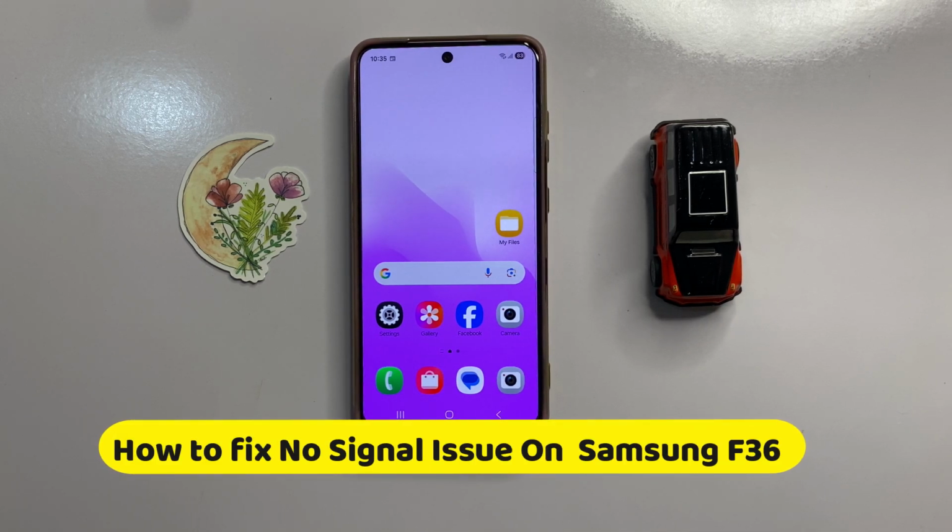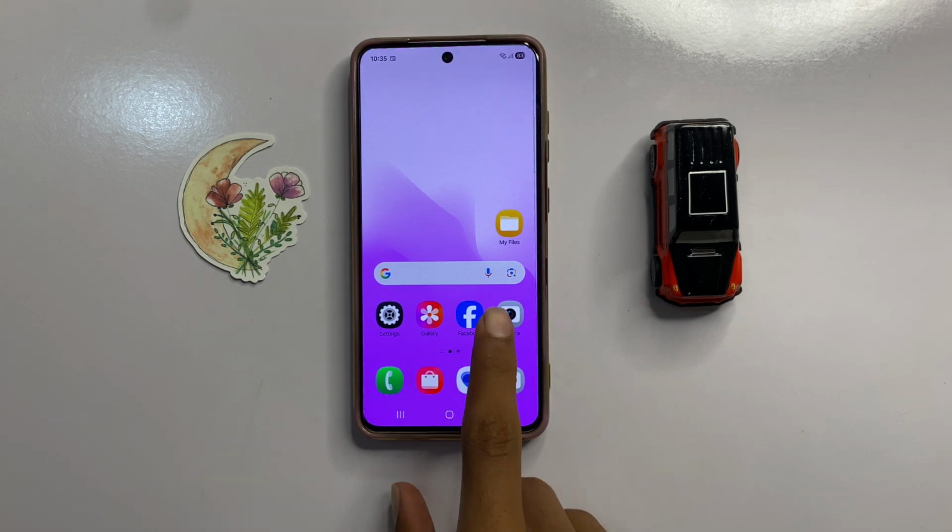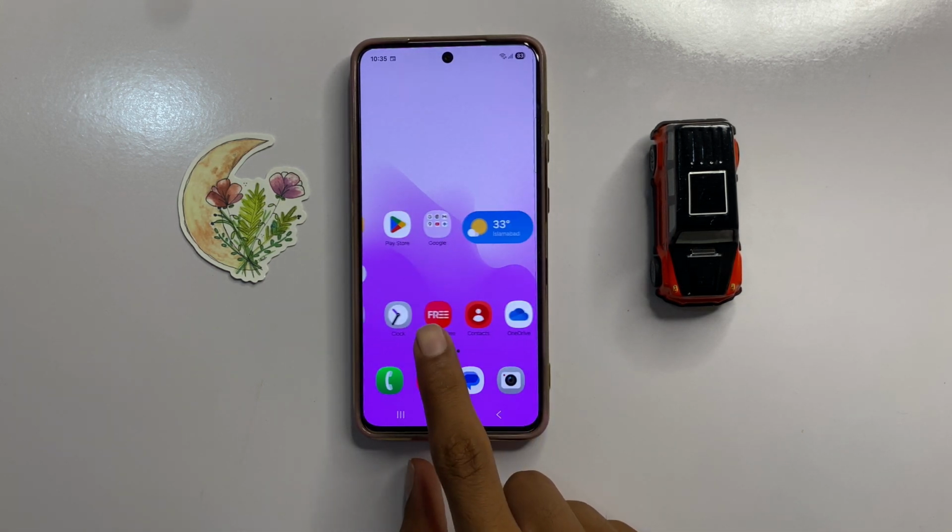How to fix no signal issue in Samsung F36. So let's start the video. First of all,